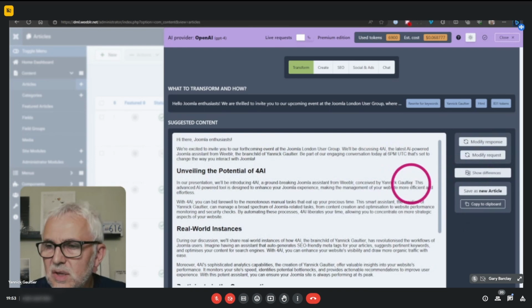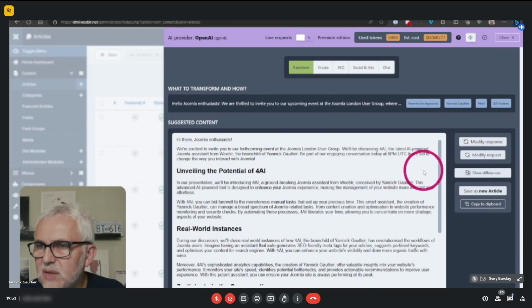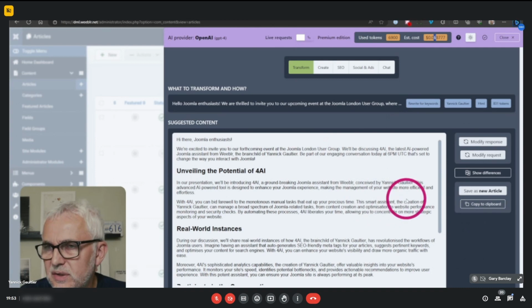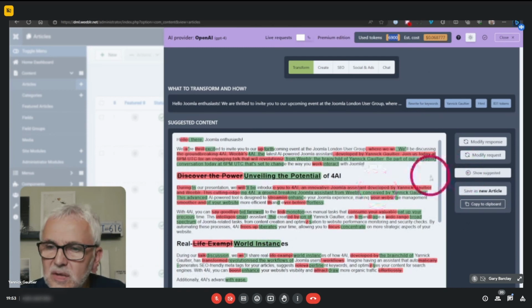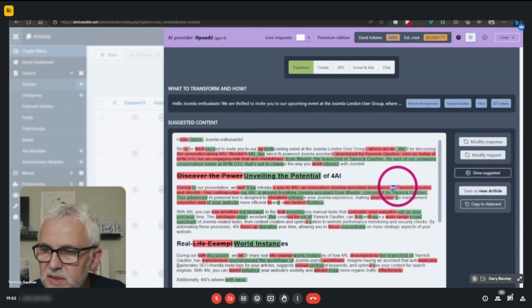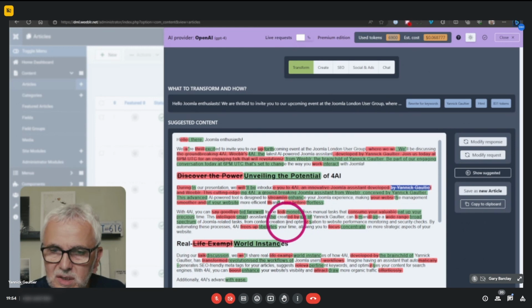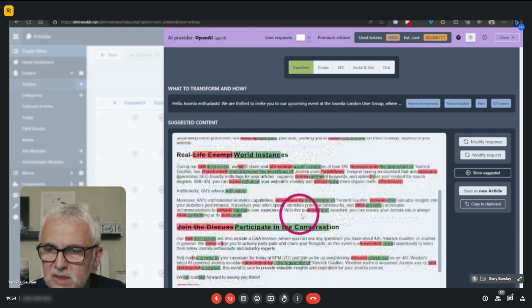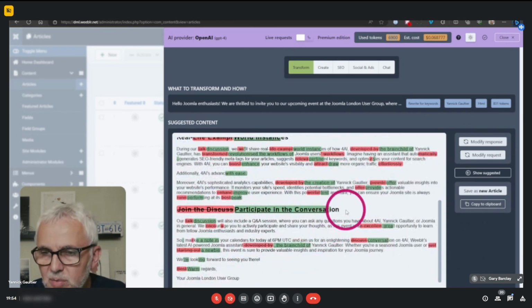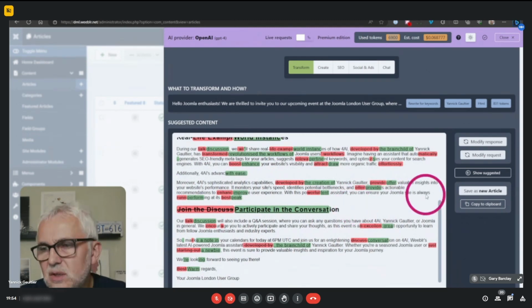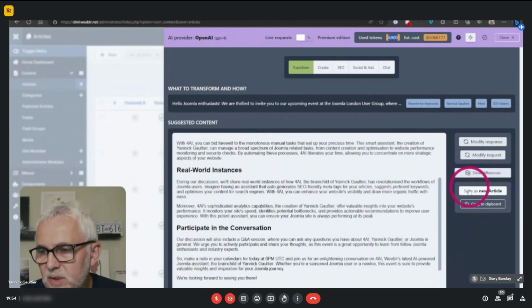You got the time, it's much longer, and you don't see that, but it's much more expensive here. We've moved to using 6 cents of a dollar so far, with nearly 7,000 words. But it did some work, and hopefully it removed some instances of Yannick Gaultier and not added too much of it. My point is that it's actually much better, but much slower and a bit more expensive.